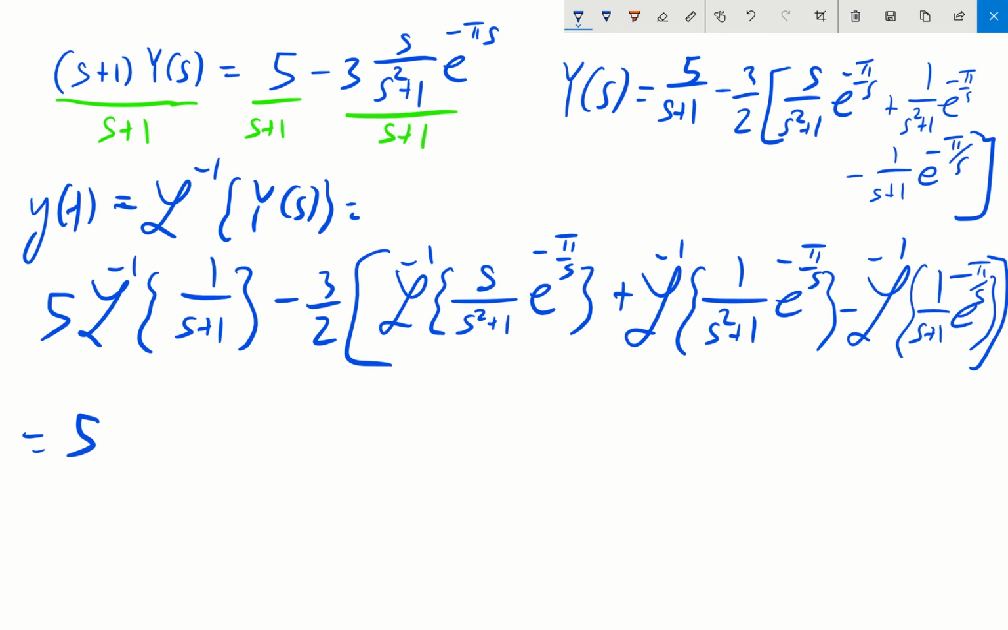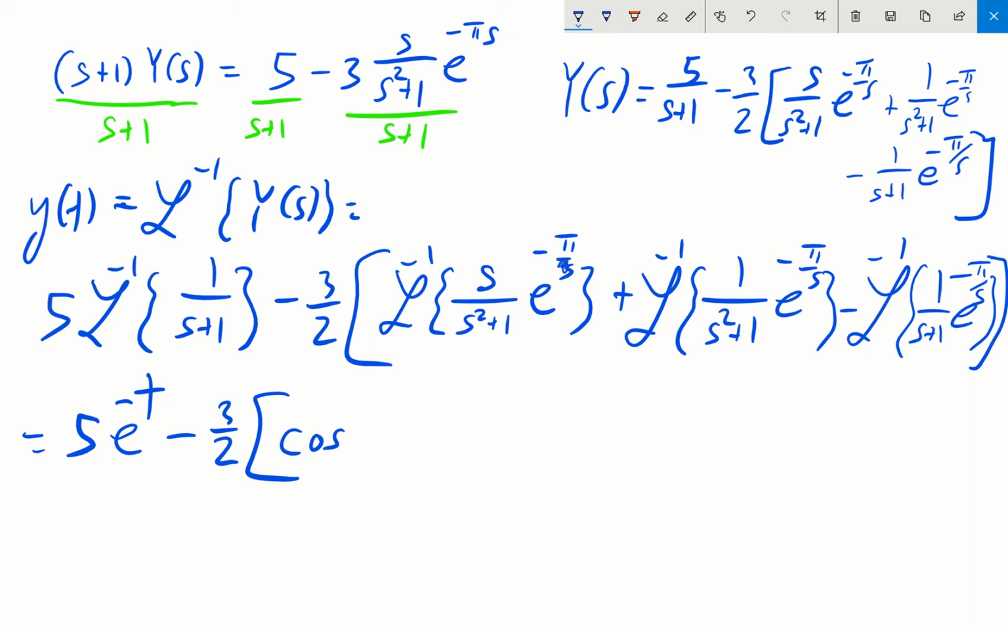So starting off with the easiest one, we know that the inverse Laplace transform of 1 divided by s plus 1 is simply going to be equal to e to the negative t, minus 3 halves times each one of these inverse Laplace transforms. The inverse Laplace transform of s divided by s squared plus 1, we know that that's going to be the cosine. That's typically the cosine of t, but because we have the shift here of,